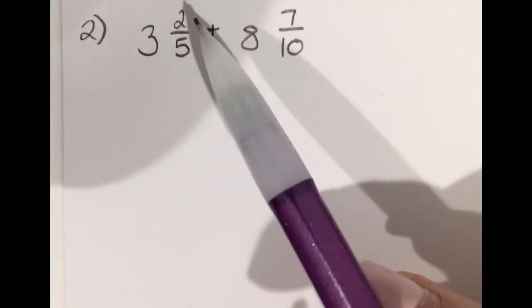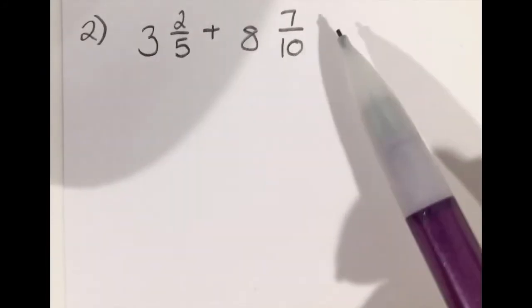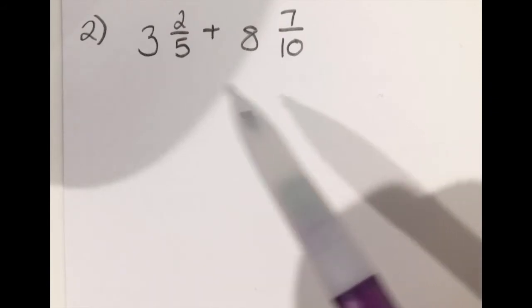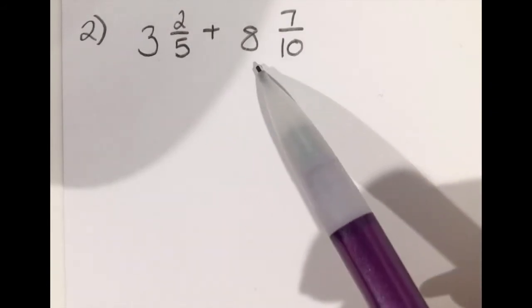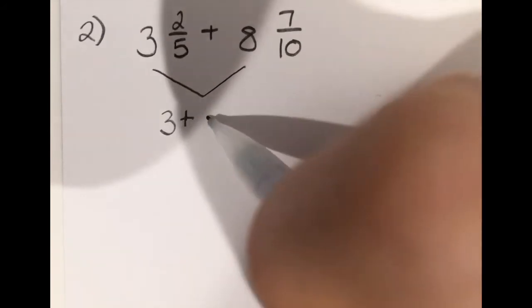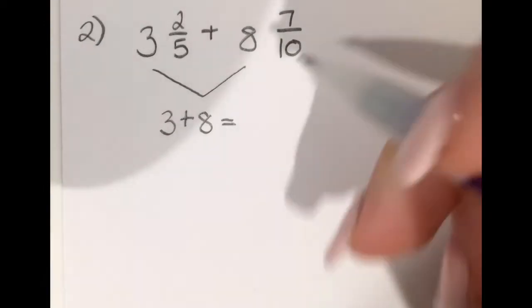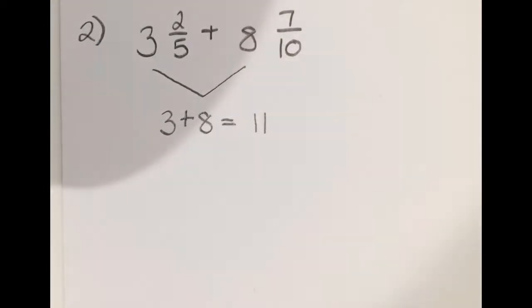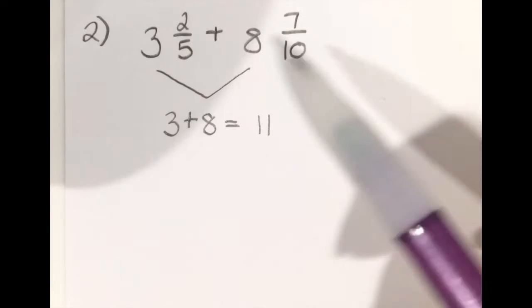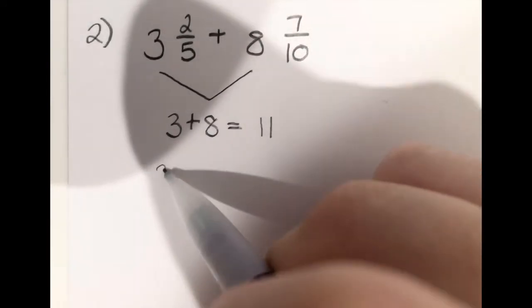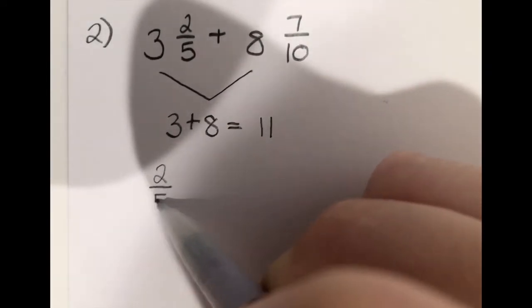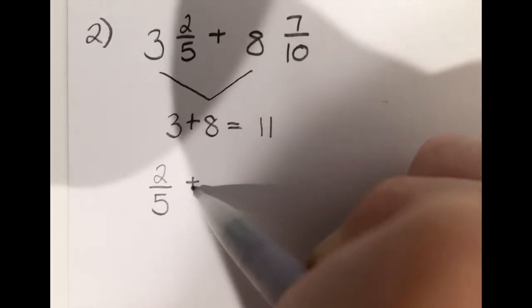Now we have our second equation. This equation is 3 2/5 plus 8 7/10. So again, we're going to start off with our whole numbers, 3 and 8. So we're going to bring down the 3, the addition sign, and 8. So 3 plus 8 is going to equal 11. Then we bring the fractions down. So we're going to start off by bringing the 2/5 down first, then the addition sign once again, and now